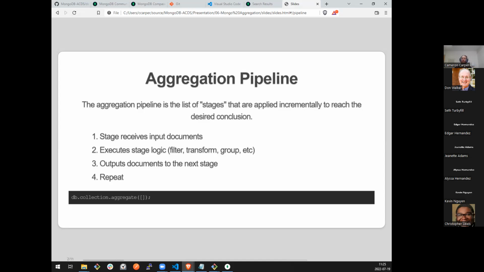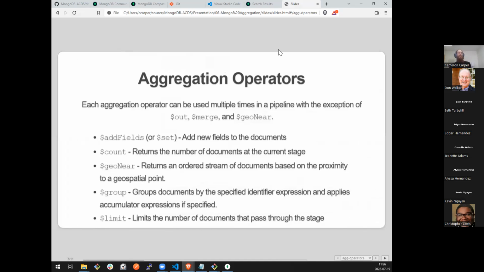It's also not uncommon to be making more documents, to have 1,500 documents come in to stage 1 and do some type of logic that explodes those into 3,000 documents that then stage 2 has to deal with. The easiest way to think about this is each stage is a small self-contained grouping statement, and you need to choose the appropriate one at the appropriate time for what you need to do. So let's talk about what those are.